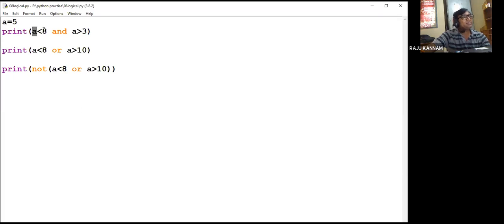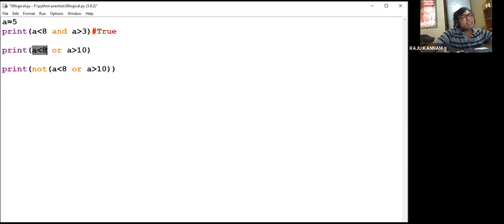So this condition is true and this condition is true. When both are true, that means 1 and 1. We have seen the logic gate: if both the inputs are 1, then the output will be 1. That means the answer will be true here. Now what will be the answer here? True, right?